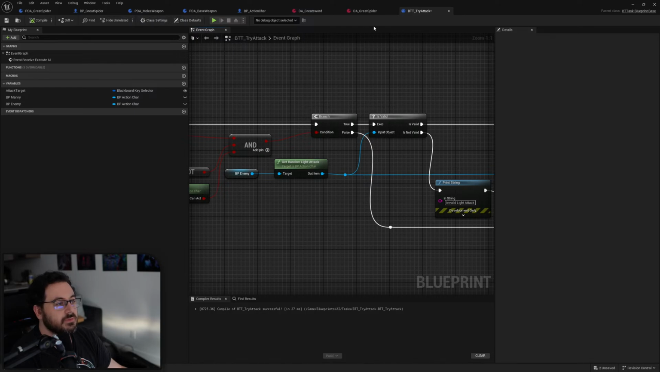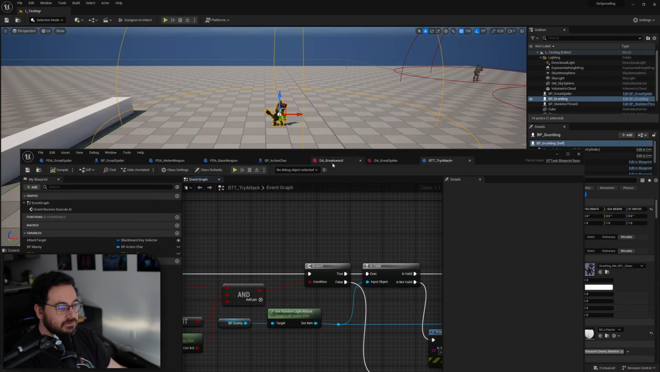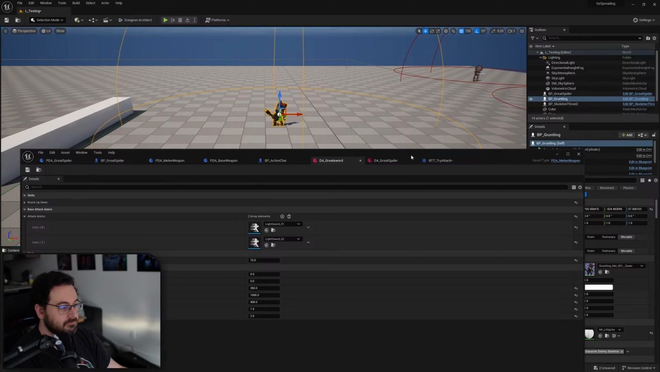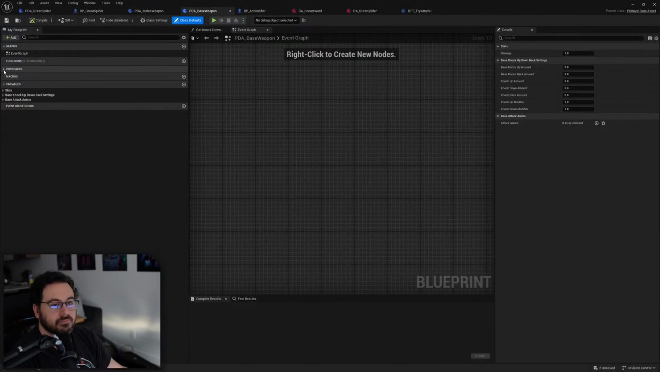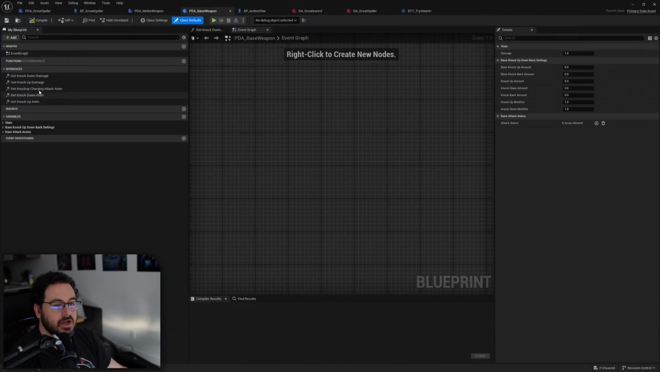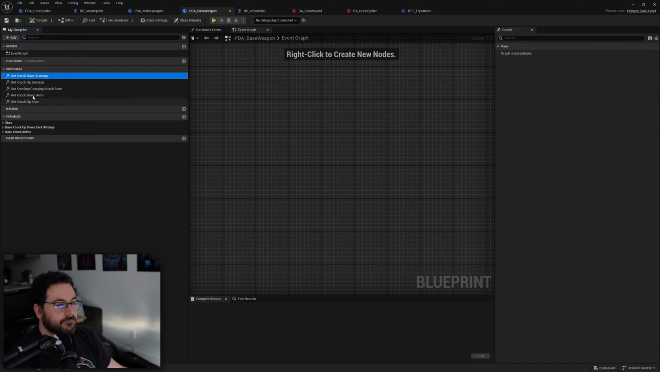So if I go to my main weapon, base weapon, and look at my interfaces, I don't have like just getting animation sequences. So first of all, let's, can I open? I can't just open the,